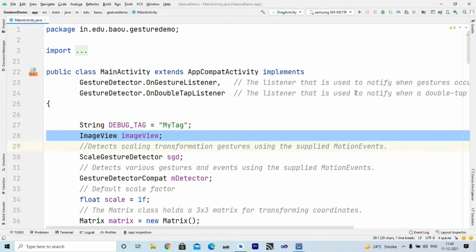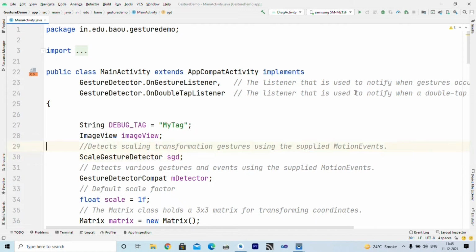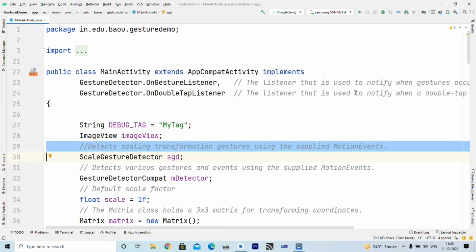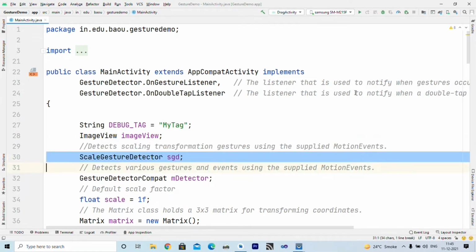Now, this is the image view that we want to scale, zoom in and zoom out when a gesture occurs. To do the zoom in and zoom out, or scaling, we have to use ScaleGestureDetector. It detects scaling transformation gestures using motion events.